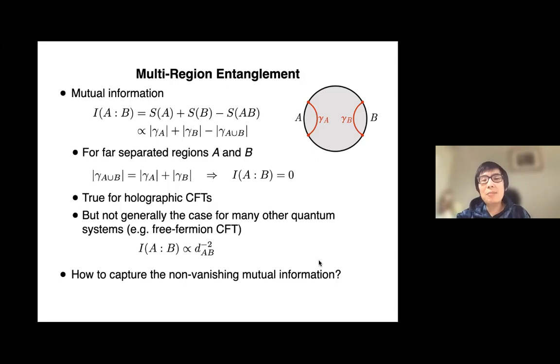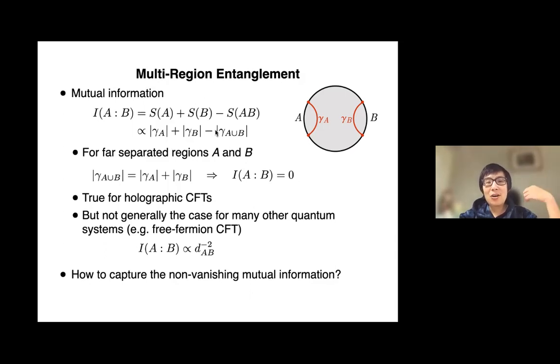And then talking about multi-region entanglement, maybe not the most important, but basically the simplest example is the mutual information. The mutual information is defined between two regions in the quantum system. Suppose you have a quantum system on the boundary, and then there's a subsystem A and a subsystem B. Mutual information describes the amount of information that you can know about A by observing B, basically. So it is given by the entanglement entropy of subsystem A plus the entropy of B minus the entropy of A and